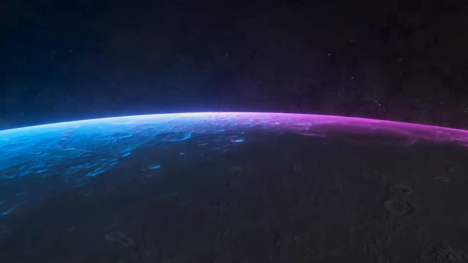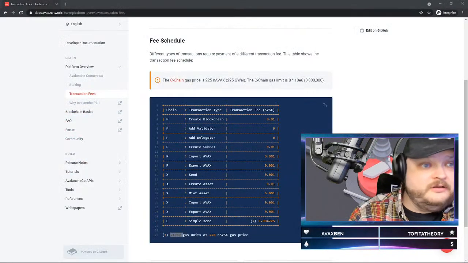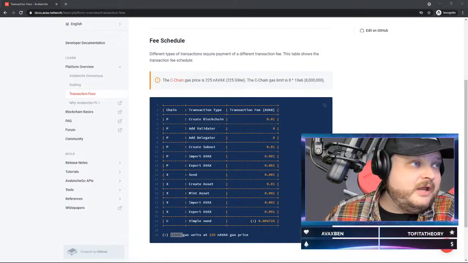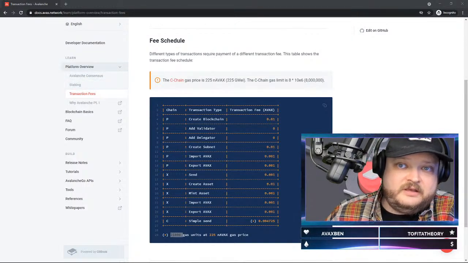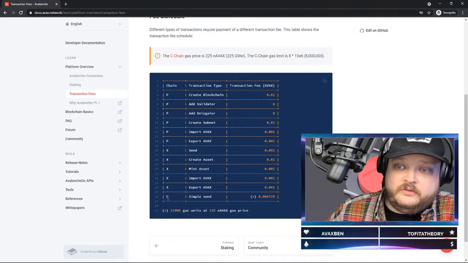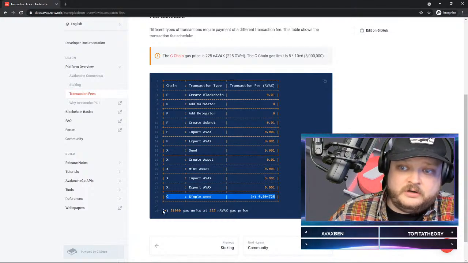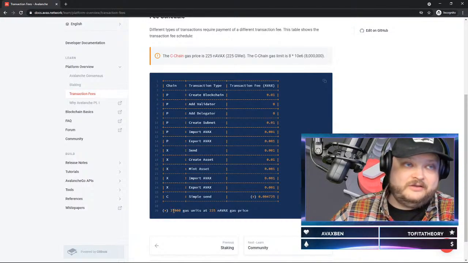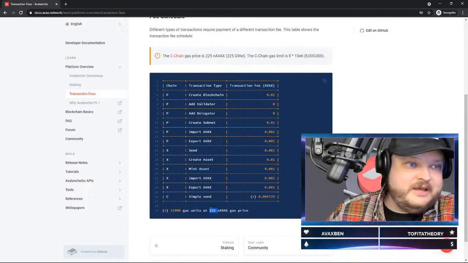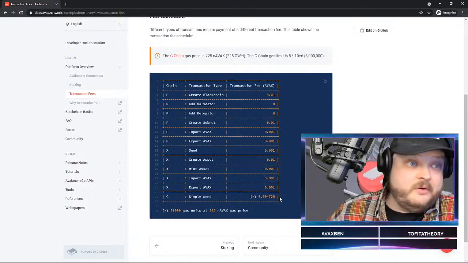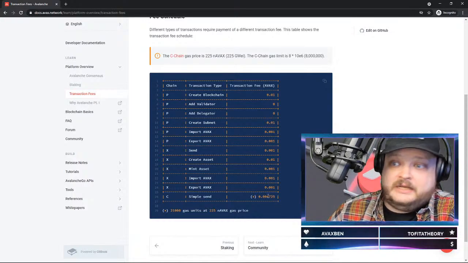There's different types. And so on the X chain, I'm going to show you right now, we have this fee schedule. And on this fee schedule page, which you can get to by going to docs.avox.network, you can go to the sidebar right here and see that if you go to platform overview, transaction fees, it lists this fee schedule like right here. And so the fee schedule for C chain is very straightforward. Like I said before, everything's based in gas, and the simple send always costs 21,000 gas. So that times that much nano Avox equals 0.004725 nano Avox, I should say, in order to do a simple send.